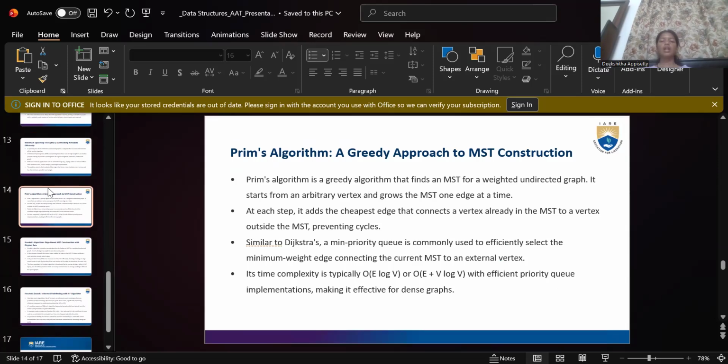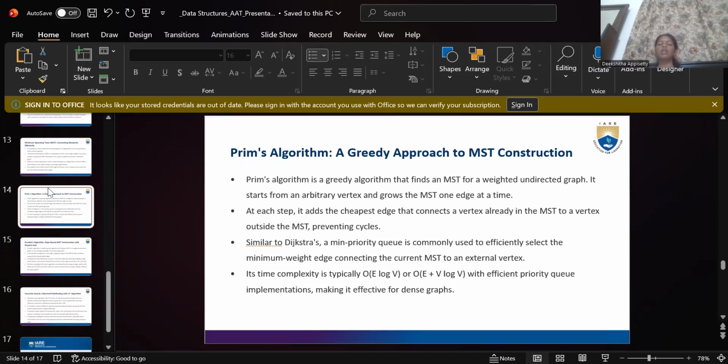Here is Prim's algorithm. Prim's algorithm is a greedy algorithm that finds an MST of a weighted undirected graph. It starts at an arbitrary vertex and grows the MST one edge at a time. At each step, it adds the cheapest edge that connects a vertex already in the MST to a vertex outside